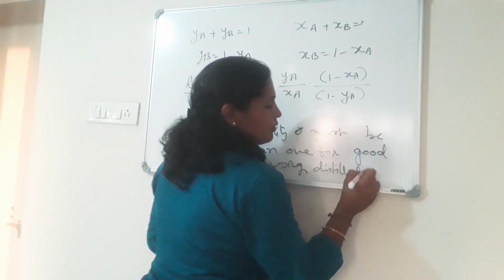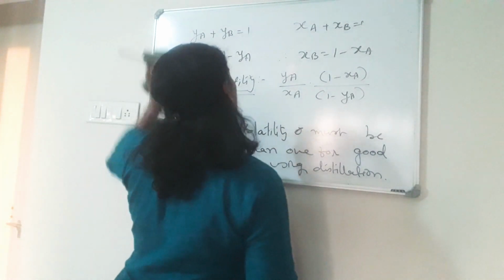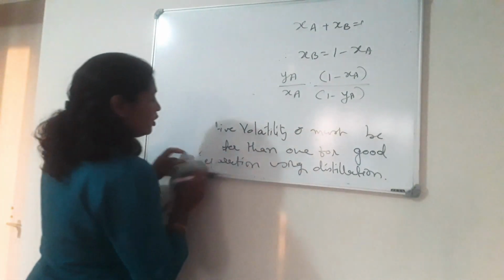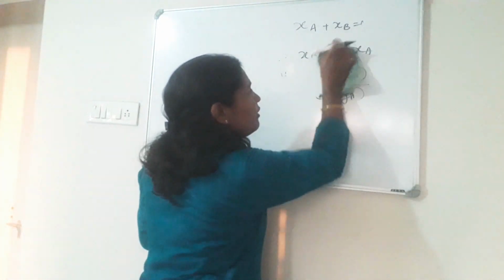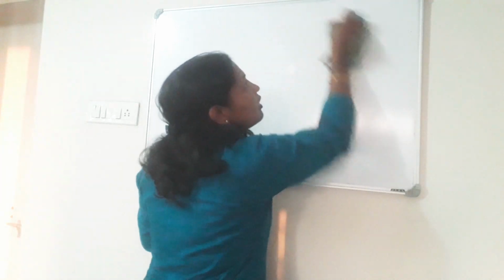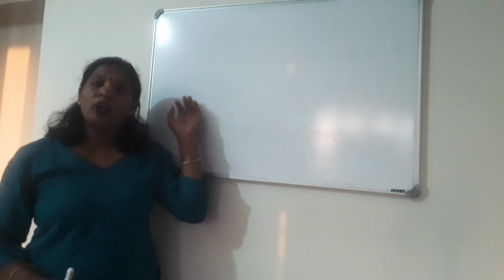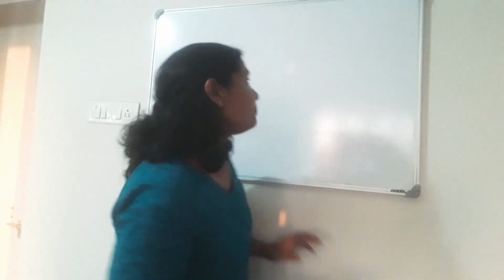The whole process of distillation is based on boiling point. So you also have to have idea about the boiling point. What is boiling point? You all know very well what is boiling point because you have learned it from standard 10. But then also I would like to explain what is boiling point. Boiling point is the temperature at which vapor pressure becomes equal to the atmospheric pressure.